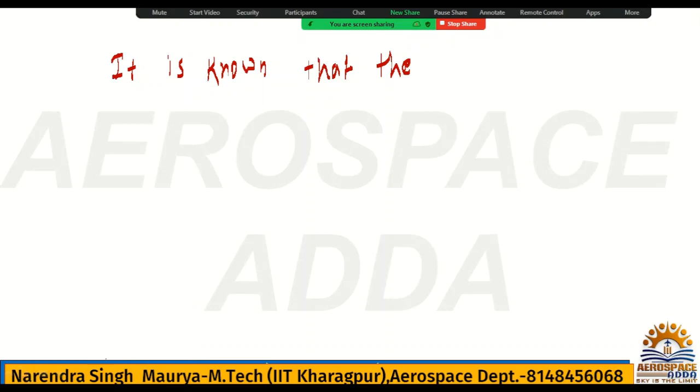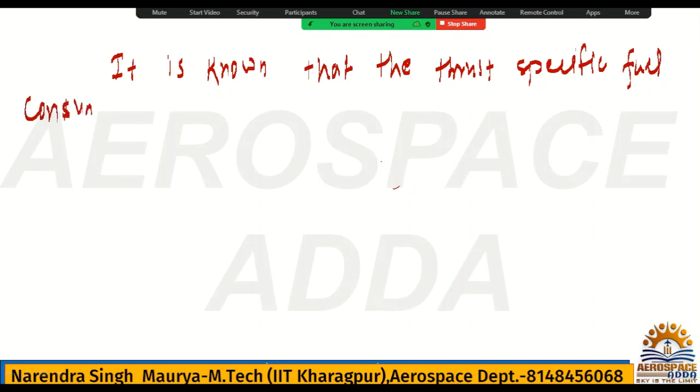What they have given? It is known the thrust specific fuel consumption is 1 Newton of fuel